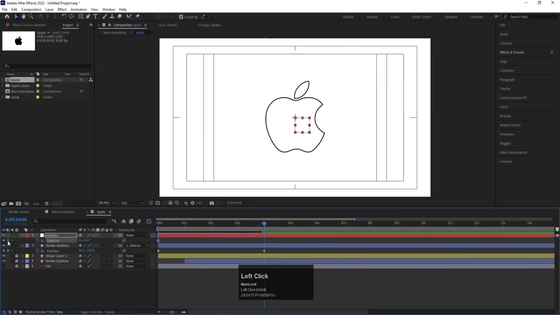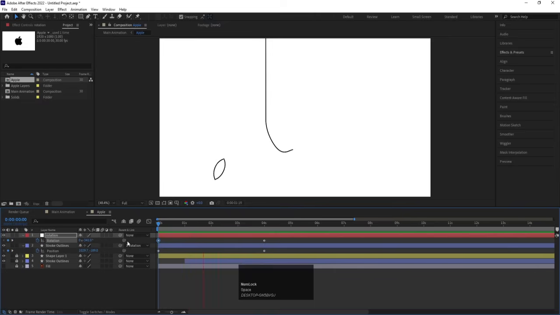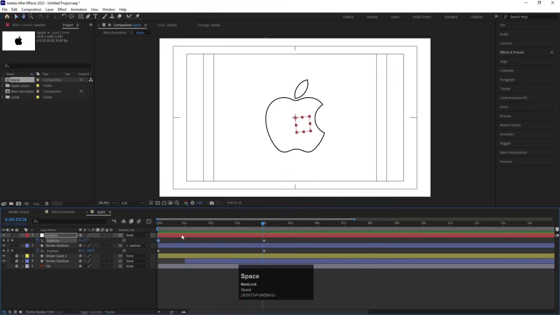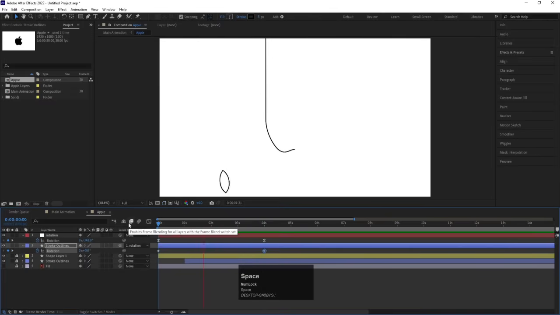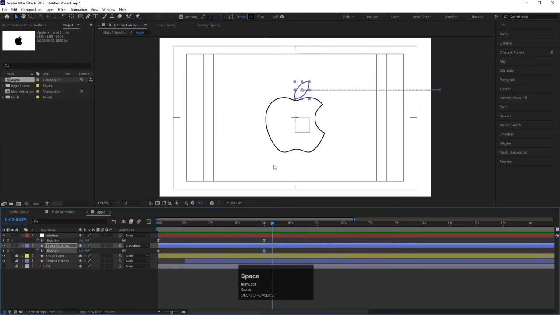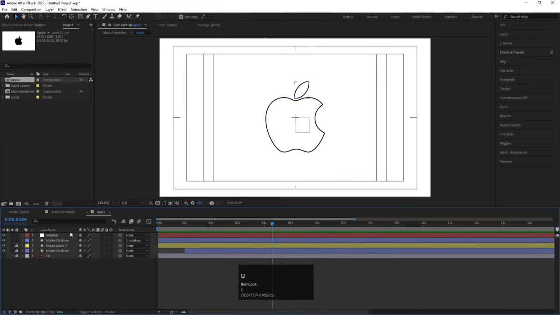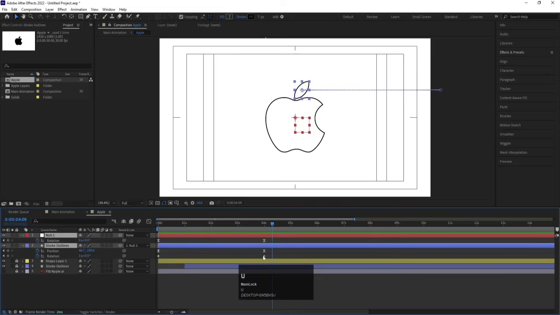I'll go to around 4 seconds. I'm going to create another keyframe, and initially I'm going to rotate it somewhere around like this. So now if you see this animation, we will get something like this, and select those keyframes and hit F9. Similarly, select this, press R for rotation, create one keyframe, go over here and let's make this one complete rotation. So what will happen, along with this we are gonna get this rotation for this option as well. Then select both of them and hit U, select those keyframes and we will hit F9, and we will